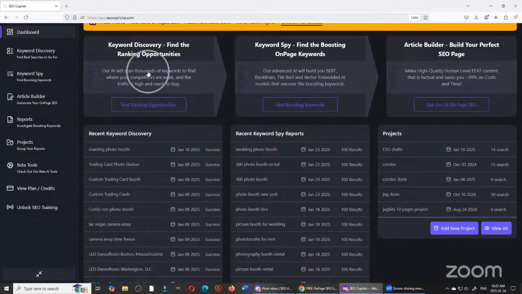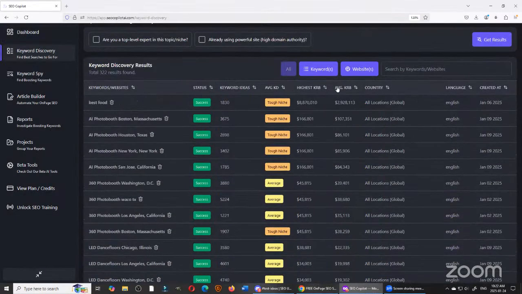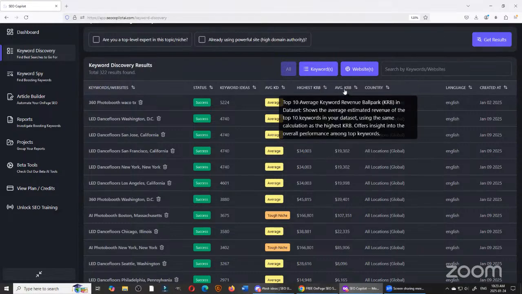And so that's why we have an AI to help you do this. We scan through tens of thousands of keywords. In some cases, 1,800, 3,600, 4,600. We have 5,000 keywords here in some cases. 360 photo booth, Waco, Texas. And we could tell you on average how difficult it is, the top 80 queries, and on average, the revenue ballpark. And it's just a rough guess, just to give you an apples to apples comparison between how much money